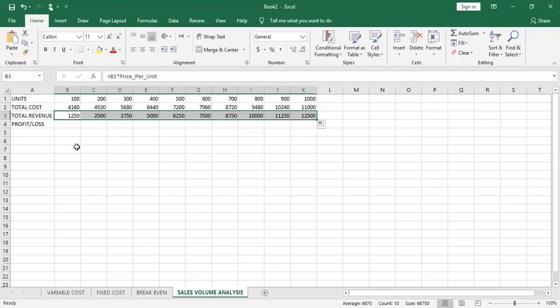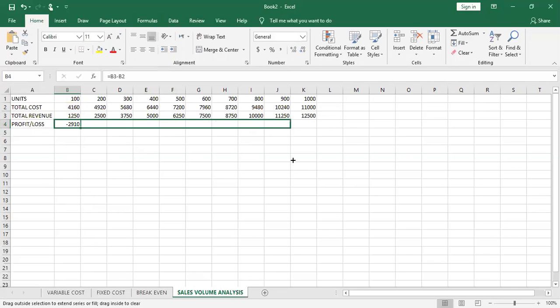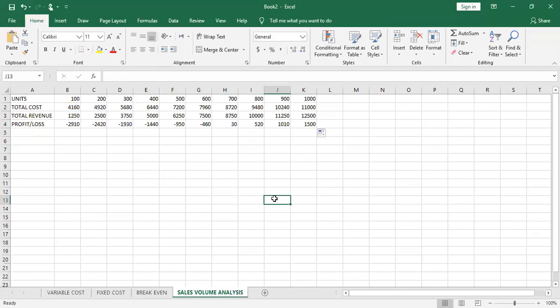Then the next is to compute our profit or loss. Profit or loss is the total revenue minus total cost. So this is equal to, we pick our total revenue minus then our total cost. So total revenue minus total cost gives us the profit or loss. We accept this and then drag it here. So we've gotten our